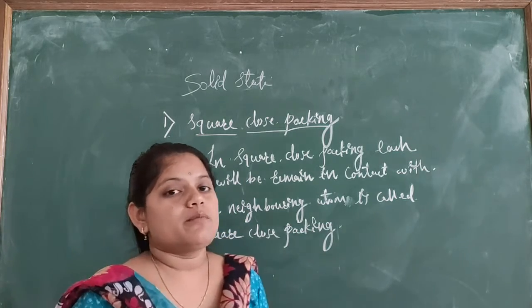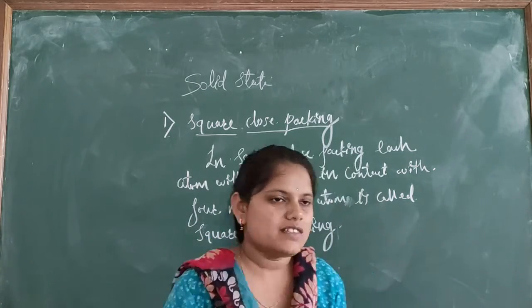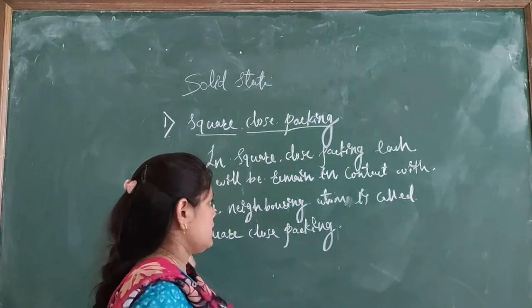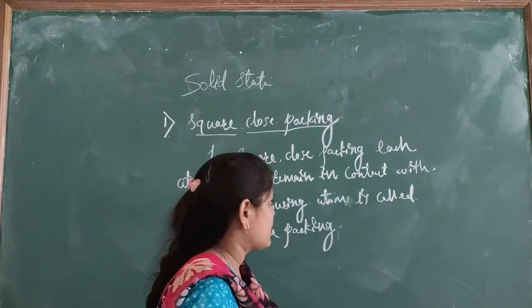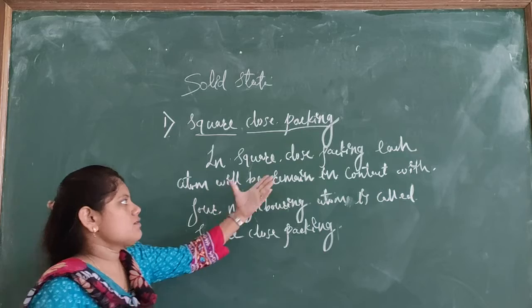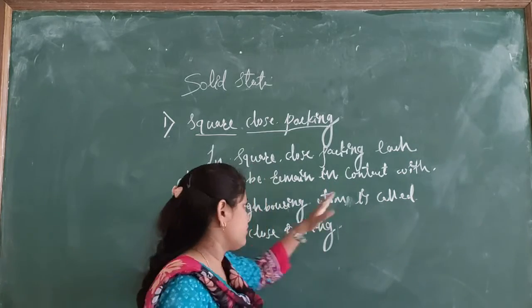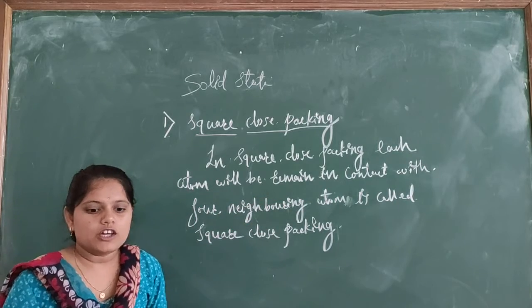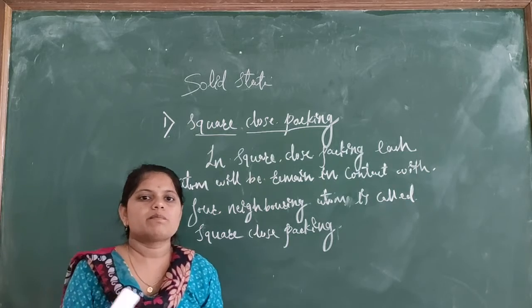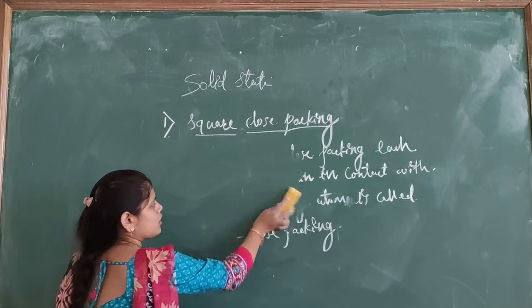Okay, so in your mind the question arises: in one dimension, whatever spherical atoms are present will be present in a row manner. Yes or no? But in square close packing, how will it happen? In the definition they gave, in square close packing each spherical atom remains in contact with the 4 neighboring atoms. Okay, so how will that happen? The second row will be present exactly above the first row.